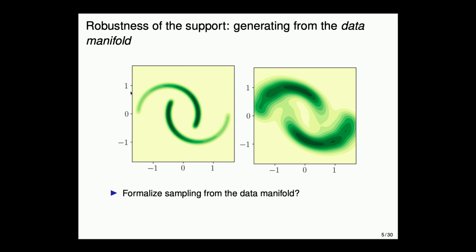So, how do we formalize this empirical observation? Many people have asked this question, what does it mean to truly sample from the data manifold, which is supposed to be a loose term for the support of the target distribution from which the data are coming. And can we say, is this only going to hold for a specific diffusion? Is this a fluke basically? If I change the target distribution, will I still have this property? If I change the generative model itself, if I use a flow based generative model as opposed to a diffusion model, will I have this property? This is the question.